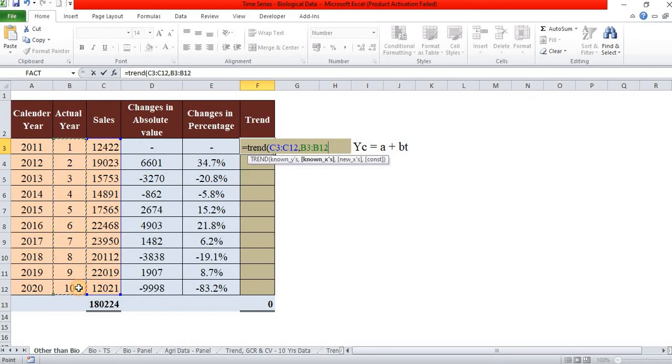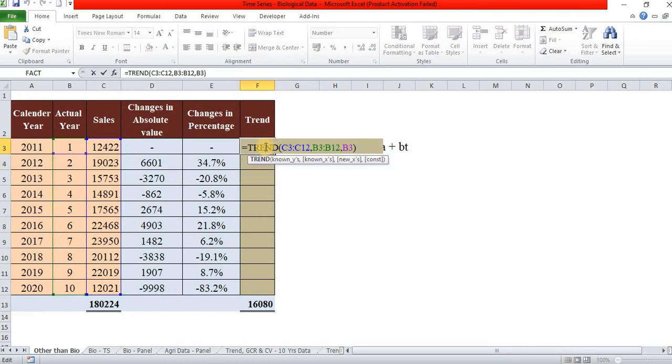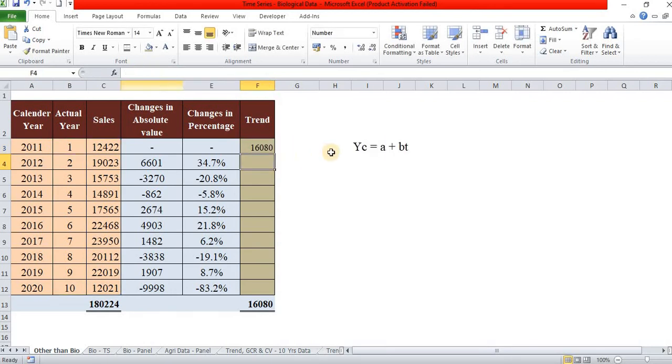The time is mentioned, and we calculate the trend for the first year. So the value is this much. Now for every year, the sales range and the year range are common. So I am going to fix them by pressing F4, and I am dragging this one to get the values.